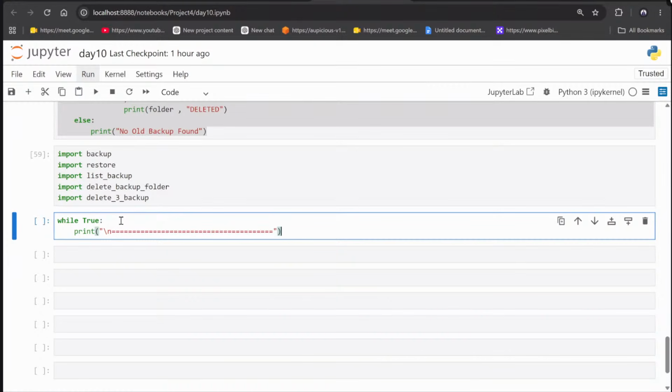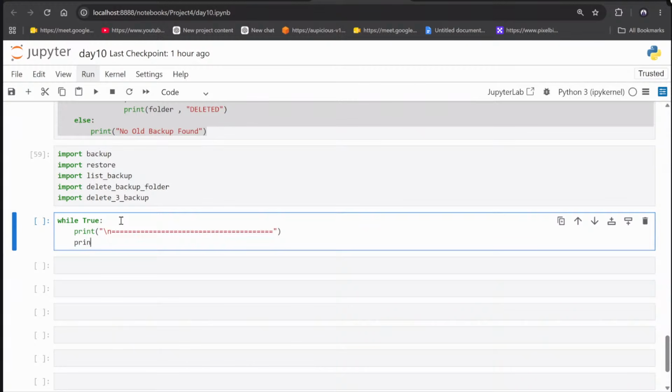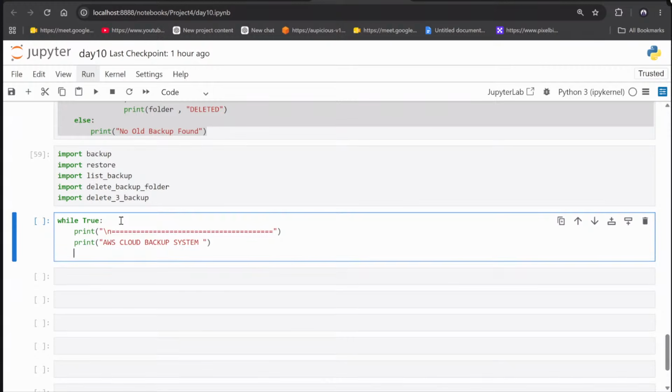I cannot run it right now because this entire code will not be running here. So I'll write here AWS cloud backup system, just print, and one more line I'm printing here, then I'll print my menu. So I'll print all these lines here. Maybe this will come up in the same line, so I'm adding the backslash n escape sequence.